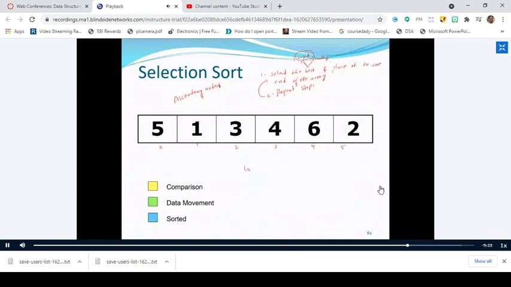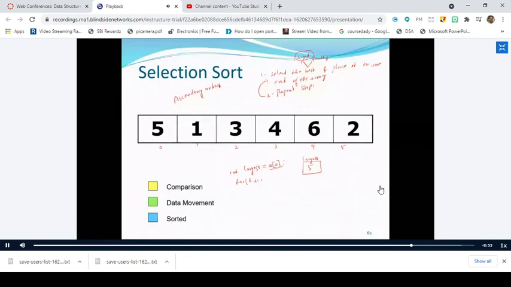We will take a largest variable, int large. Let me take like that, and we will assign it to the first element. Let us take the array name as A. So we will assign it to the first element. So what is stored in largest in this example? I have assigned A of 5, this one, it becomes 5. For i is equal to 1, i less than or equal to something, i plus plus.